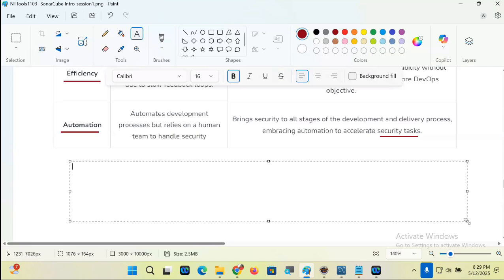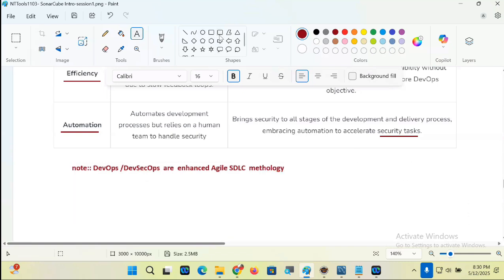Note. What is this? DevOps. What is there, guys? DevOps. DevSecOps. See, DevOps and DevSecOps are the enhanced Agile methodologies. Enhanced Agile SDLC methodology.